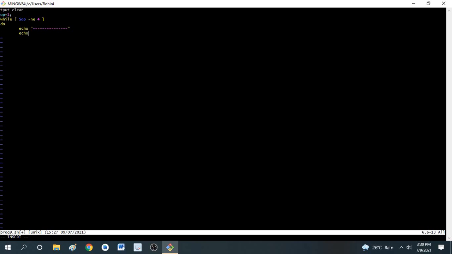Now I have to provide the options to the users: 1 for rename, 2 for deleting a file, 3 for copying a file, 4 for exit.